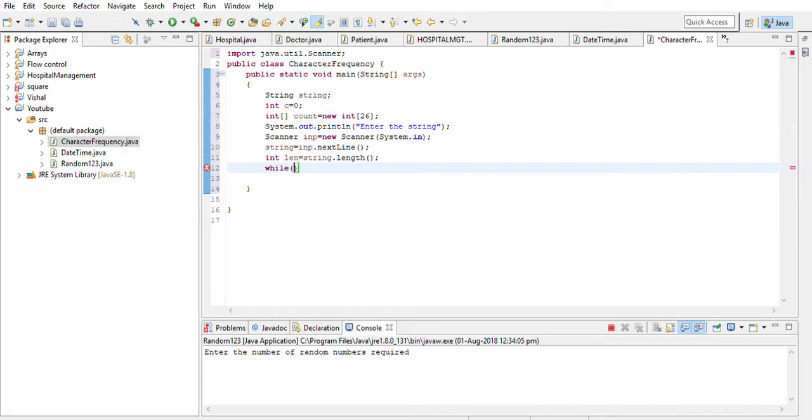So inside a while loop, while c is less than length, c is the counter, so this traverses the entire string. Now we are checking if string dot charAt c, so that's the counter, so character at 0, 1 like that. Initially it will check the beginning index, which is 0. So string dot charAt c is greater than or equal to a,